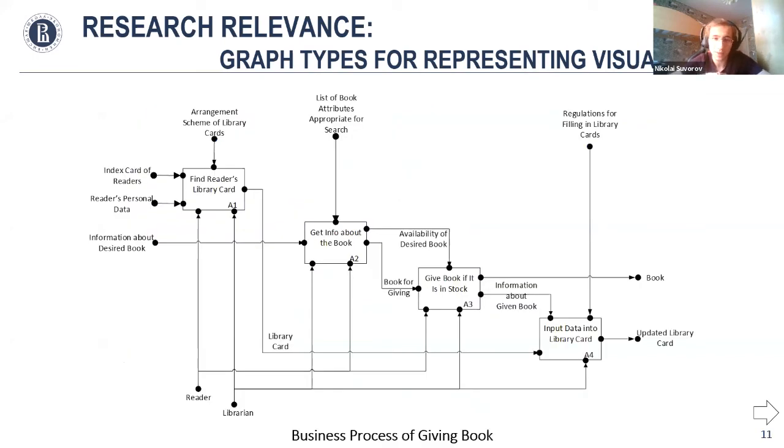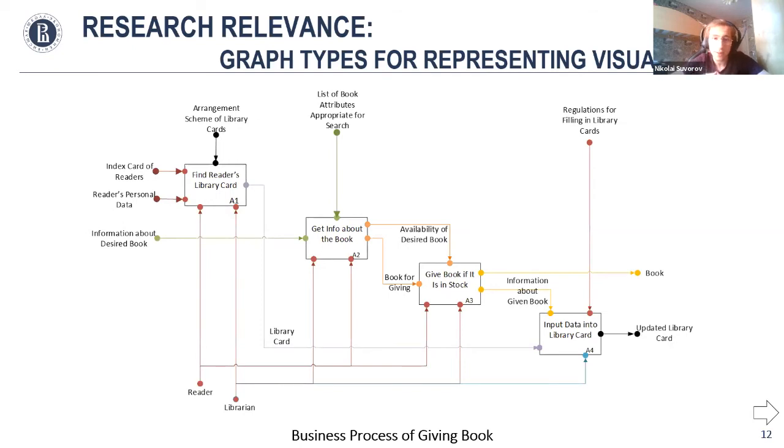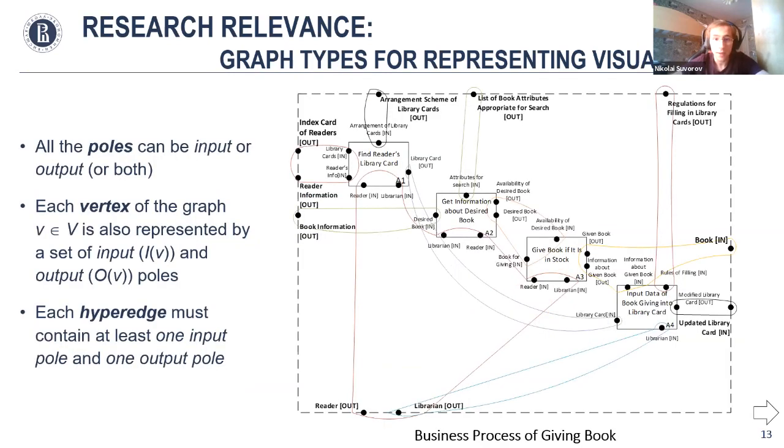Now, let's take an example of presenting a diagram in terms of an HP graph. An IDEF0 diagram of a business process of a library is presented on the slide. First of all, line endpoints are presented as poles. These poles can be inputs or outputs of processes or represent external elements. Then let's combine lines and line endpoints into various sets. As seen, certain poles can exist in various sets simultaneously, such as the pole librarian at the bottom of this picture. Then all these sets are presented as hyperedges.